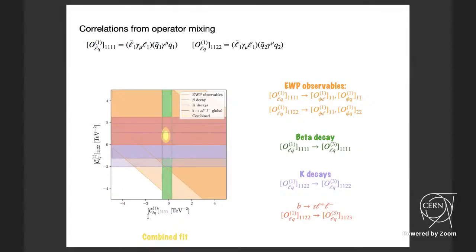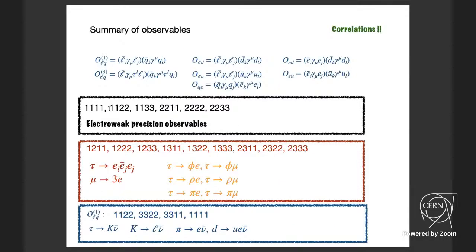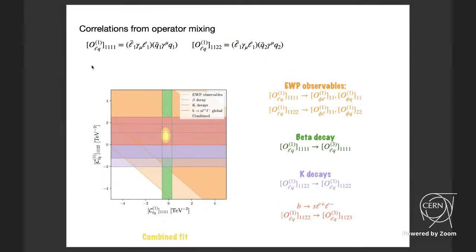So let us look at some correlations. As you see, some of the operators are common in different observables. For example, 111 contributes to electroweak precision observables. It also contributes to charged current decays. So that means this can introduce interesting correlations. Here we look at the correlation between LQ111 and 1122. This operator can contribute to electroweak precision observables, for example, through mixing with these operators, psi squared phi squared D operators. And LQ1, as I said, can contribute to LQ3 through operator mixing,